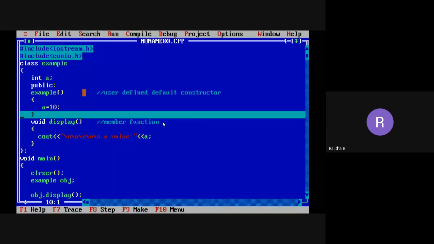After executing this constructor, the control comes back to the main function, because I am calling the Example constructor from the main function. I think you are all aware of how normal functions execute in a C program. When you call a function, it goes to the function definition. After execution of the function definition, it comes back to the main function, isn't it?